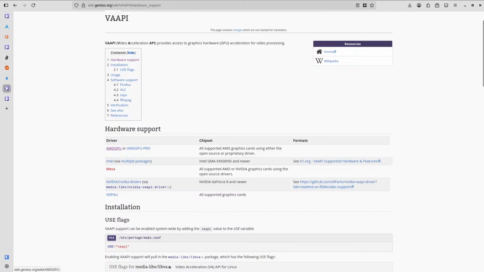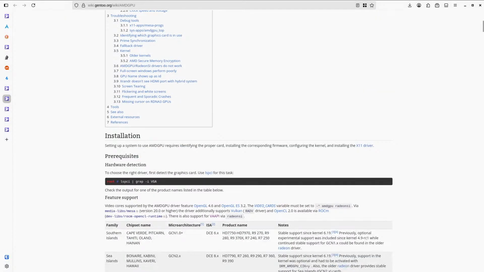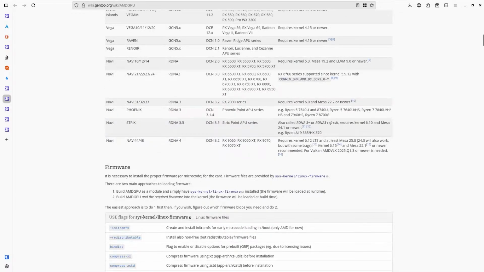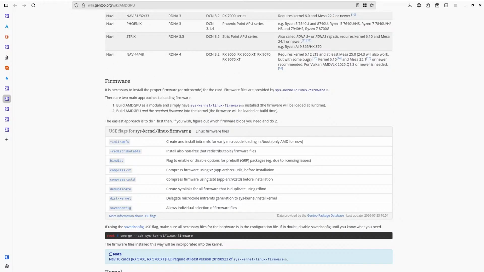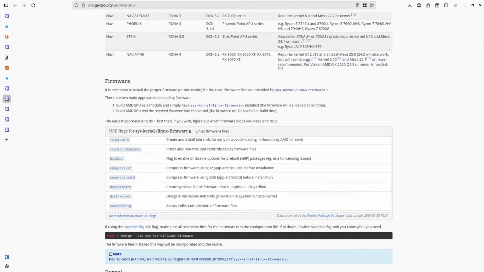Okay, so hardware support. AMD GPU or AMD GPU Pro? I mean, I might as well check out both. Mesa is also another one. NVIDIA, I'm just gonna drop NVIDIA altogether because it is not useful. Although I wanted to try it. The Linux firmware.